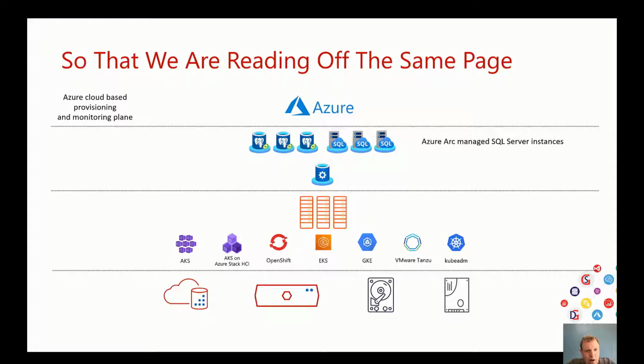Before I do that, I need to make sure that we are all reading off the same page. So firstly, just so that we're clear on what Azure Arc enabled data services is, it's a database as a service platform which runs on Kubernetes on practically any infrastructure. At the time of presenting this, you can either choose to deploy Azure Arc managed SQL Server instances or Postgres